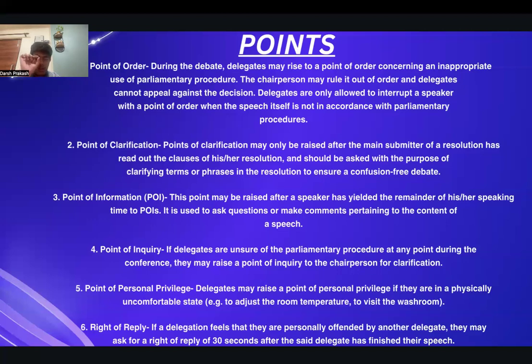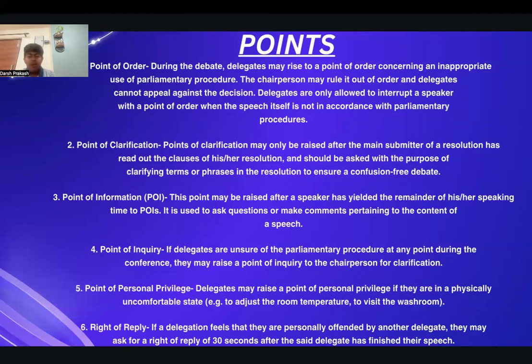That is, first you write the name of your country, then you write the name of the delegate's country to whom you are asking the POI. After that, you write via EB, executive board. And after that, you write the entire question that you have along with the valid proof. Okay. Now, verbal POIs are a little different in terms of format, but they have the same use.